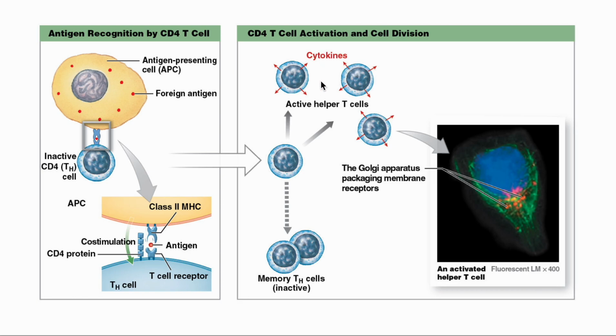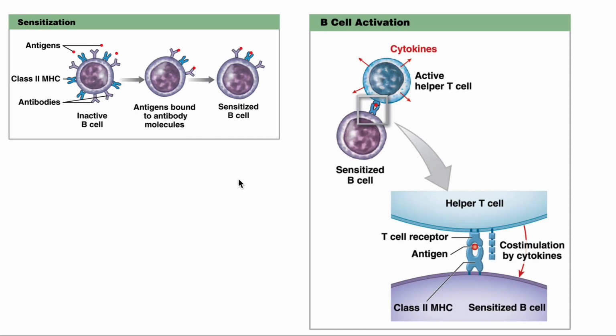The active ones will start releasing cytokines, and that's an important piece of this because those cytokines are going to be important in activating B cells. But in order for those B cells to be activated by those cytokines, they first have to be sensitized. So the B cells, the inactive ones, have to come across the same antigen that activated our helper cell we were just talking about. And the antigens bind to the antibodies on the B cells, which allows the B cell, which remember is a lymphocyte, so it has MHC2, so it's able to display that antigen on the MHC2,